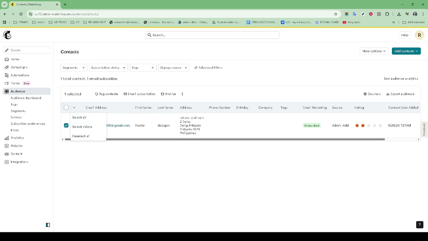Once you've identified the duplicates, you have a couple of choices. Select the duplicate entries you want to address, and then you can either merge them if they contain valuable information, or simply delete the entries that aren't needed. Merging duplicates can be especially useful if each entry has slightly different information that you want to consolidate into one